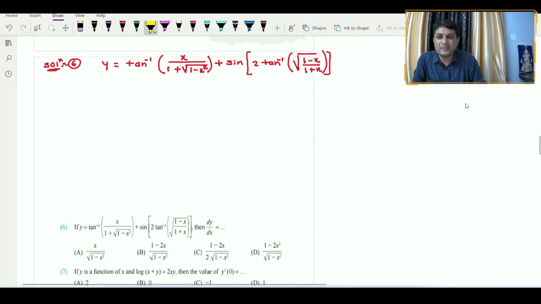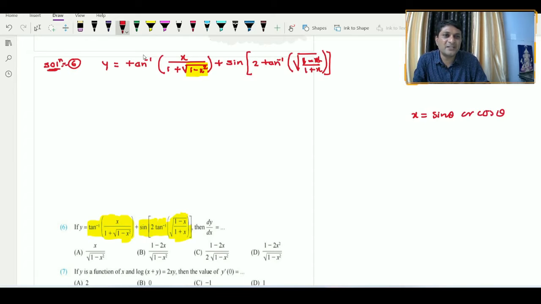Now see the example number 6. In this example, it is inverse trigonometric function tan inverse of x upon 1 plus under root 1 minus x square, and sin 2 tan inverse of under root 1 minus x upon 1 plus x. जब भी रूट में अगर 1 माइनस x स्क्वायर आता है तो हमारा सब्स्टिट्यूशन होता है x इज इक्वल टू आइदर साइन θ और व्हाट cos θ. लेकिन अंडर रूट 1 माइनस x स्क्वायर या 1 माइनस x तो हमारा सब्स्टिट्यूशन होता है x इज इक्वल टू cos θ. तो अब ये एग्जांपल सिंप्लीफाई करने के लिए बेटर वे हम दोनों जगह पे cos की वैल्यू सब्स्टिट्यूट